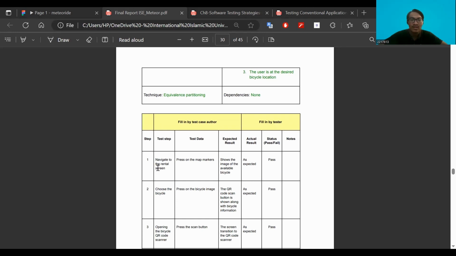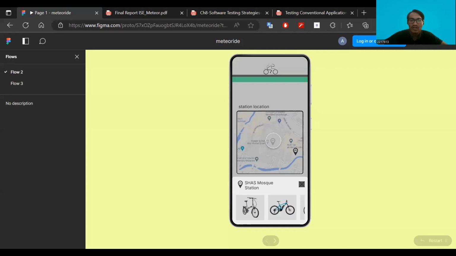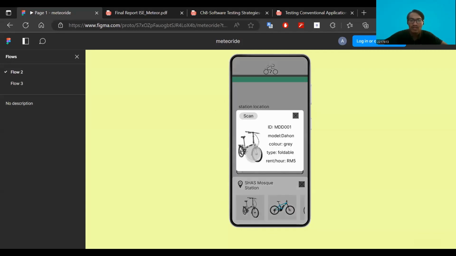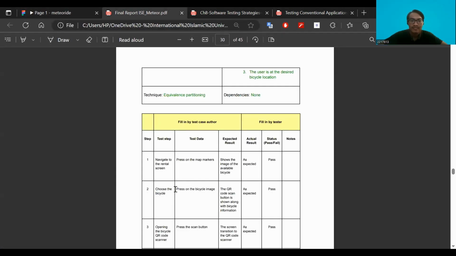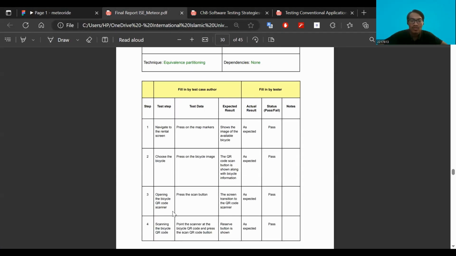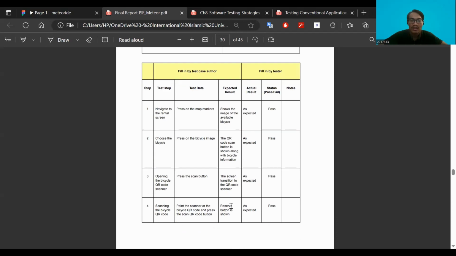So for the first step, we navigate to the rental screen. We press on the map markers, and then it will show us the image of the bicycle, just like before. On the marker, we choose the bicycle and click scan. After we press the scan button, it will transition to the QR code scanner.